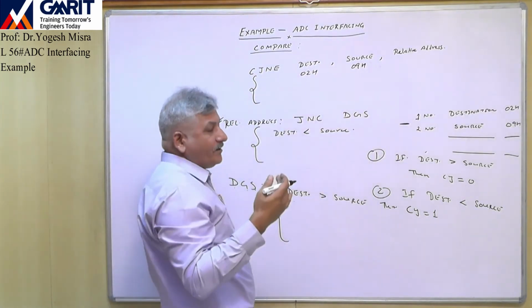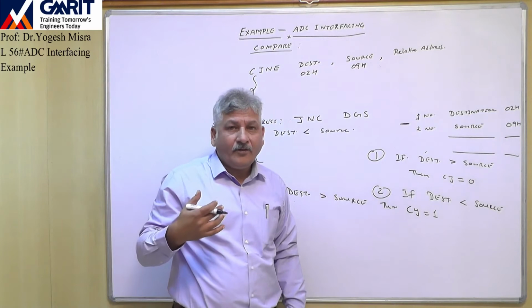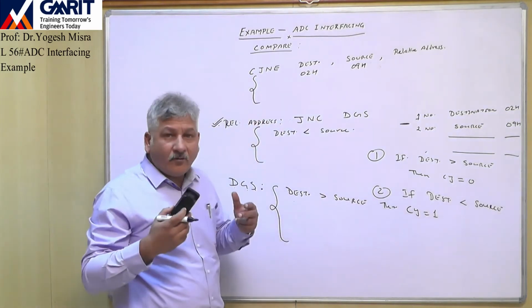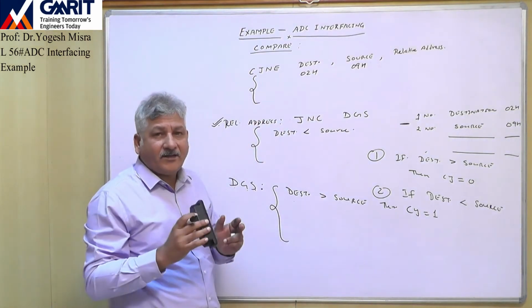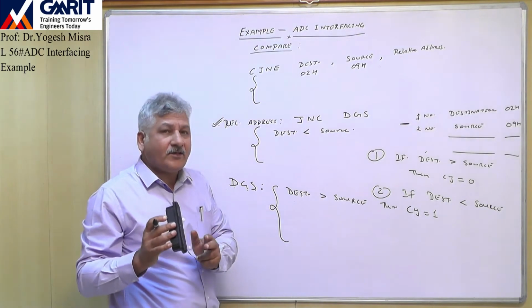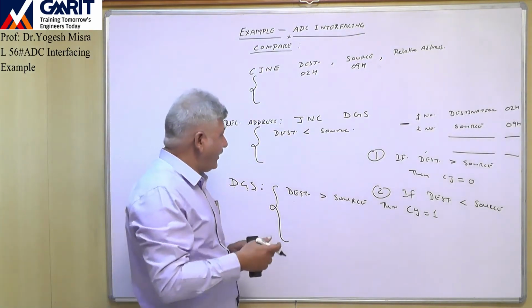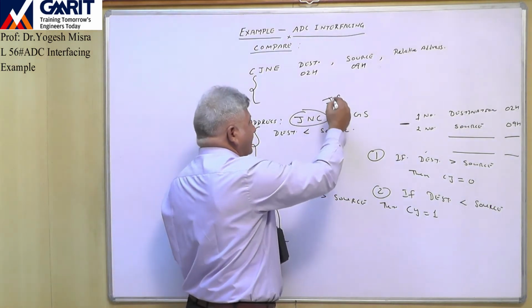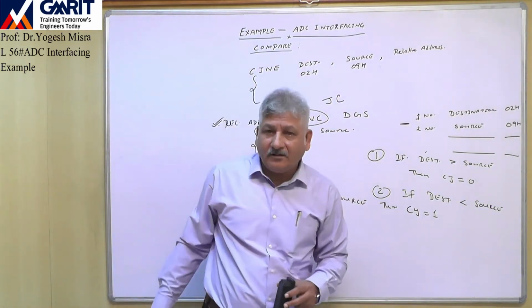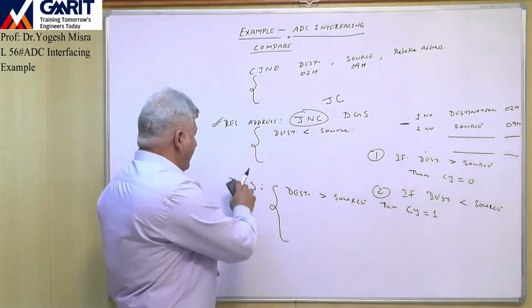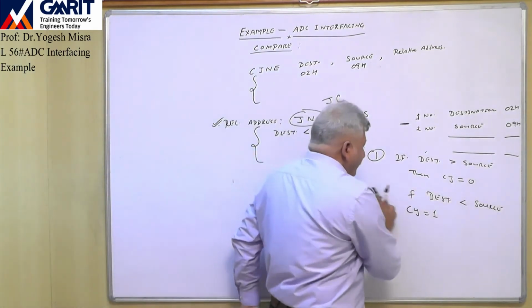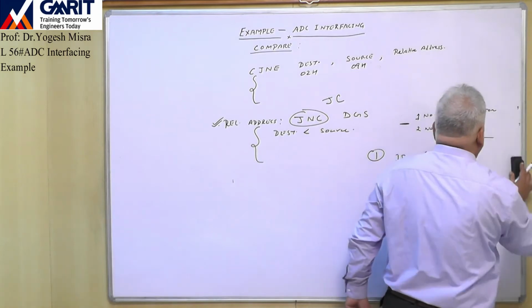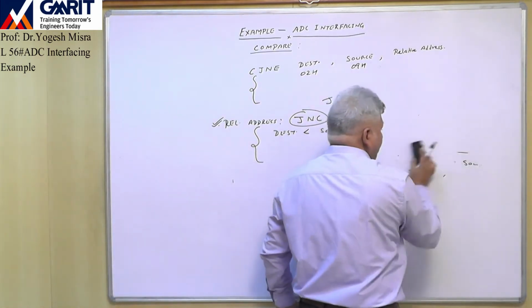But if destination and source are not equal, then we have to confirm whether destination is greater than source or source is greater than destination. For that, we can use JNC or we can use JC. Any of these instructions we can use. So this is about the compare jump not equal instruction, and this instruction